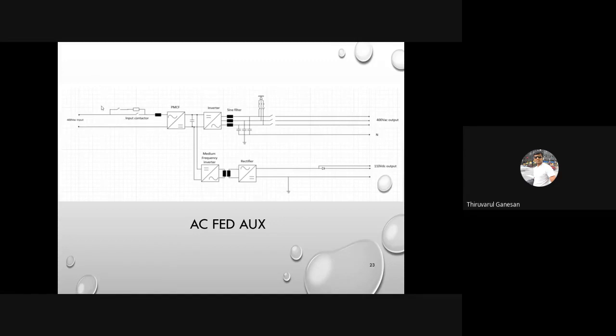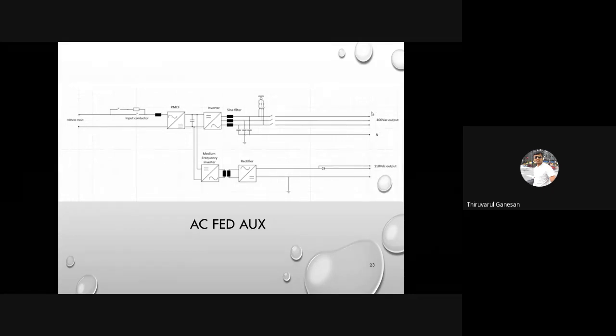I showed you in the first slide, the main transformer has 5 secondary windings. Four windings are used for our traction converter, and the 5th winding is used for the auxiliary converter. So here you will get isolated power supply from the main transformer, and it will be fed through your precharge contactor to your front-end converter. This is quite a simple configuration, with the front-end converter and the inverter configuration. After this inverter, through the sinus filter, it will go to your auxiliary load.